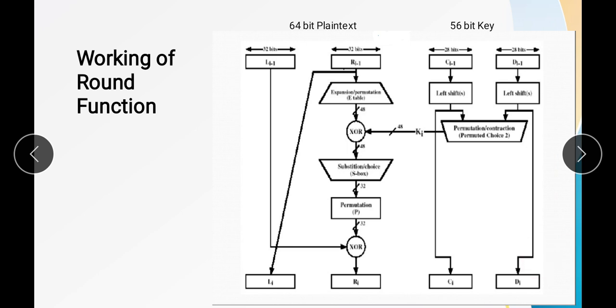So this was the working of the round. This is a single round. We have to perform 16 rounds like this, meaning in each round we have to perform this whole process.